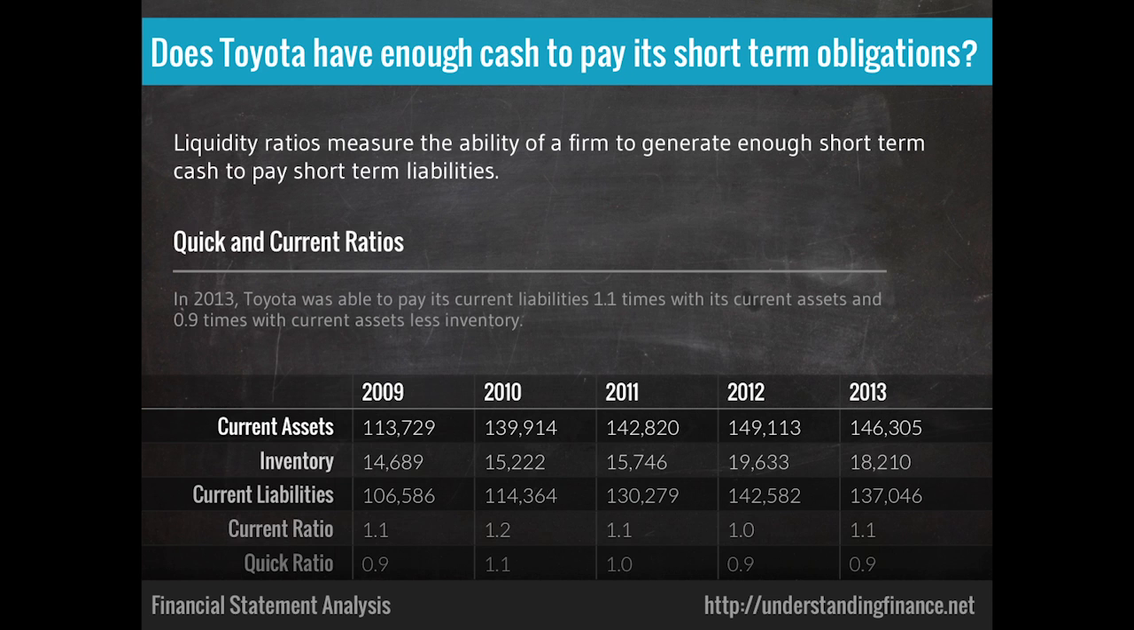Finally, does Toyota have enough cash to pay its short-term obligations? Another way of thinking about this is current assets represents the assets that can be turned into cash in less than a year, and current liabilities are what's due in a year. So one of the things I can look at as a bank is current assets, how much cash is expected